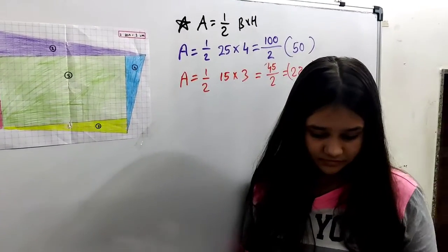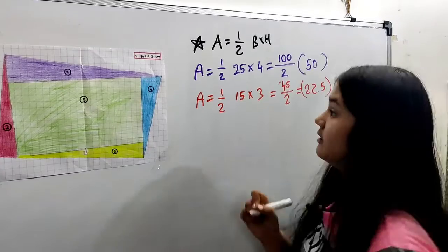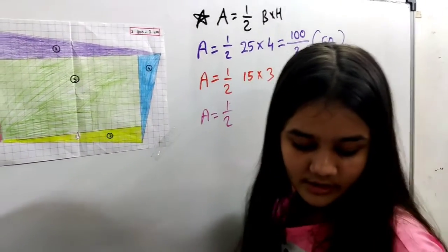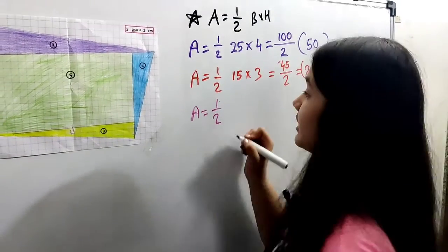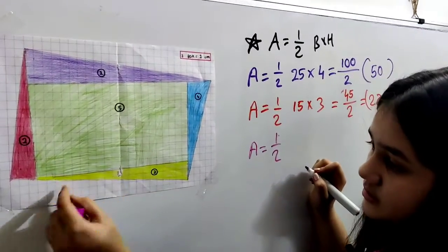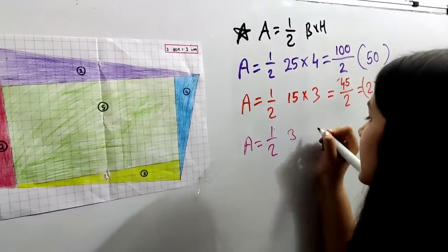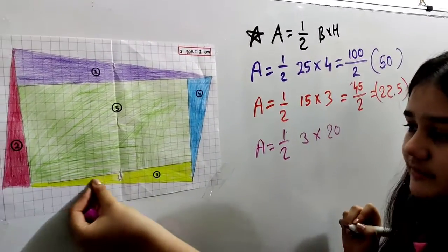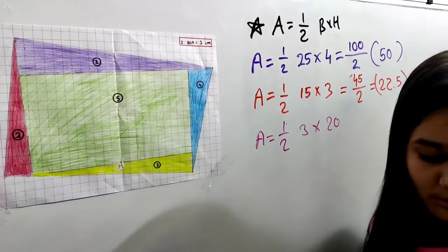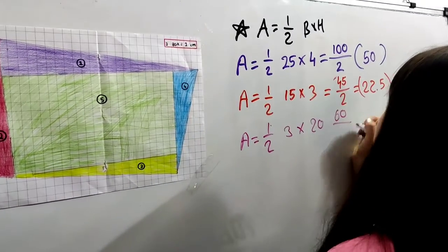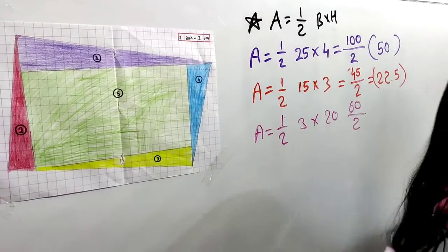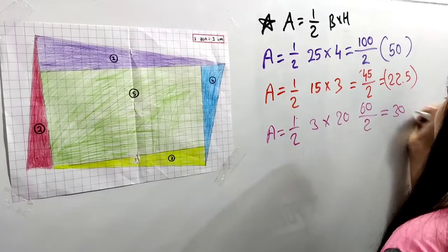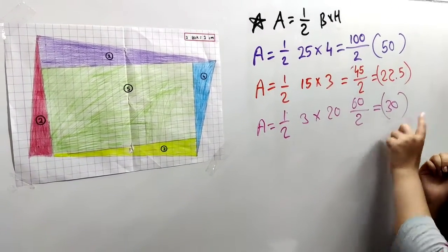Now let's find the area of the next one. Same formula again. Over here you will get 3, because we have 3 boxes over here. So you multiply 3 into 20. Why 20? Because we have 20 boxes like this over here. When you multiply, you will get 60. And 60 has to be divided by 2, compulsory 2, and then when we do the equals, we'll get 30. So again, keep this answer in mind.